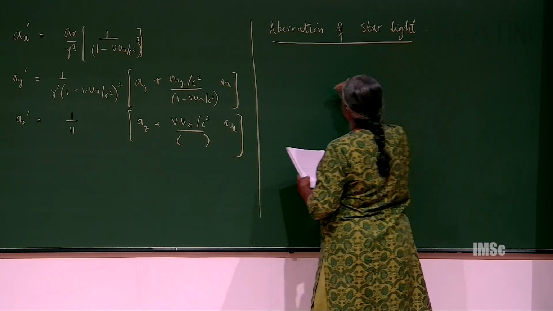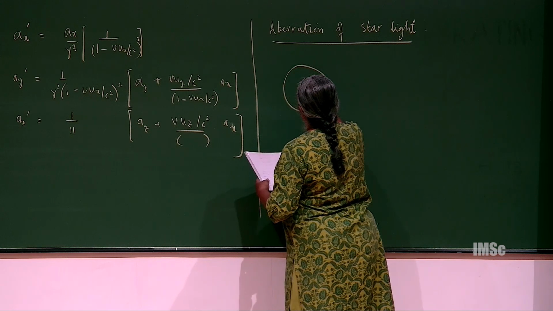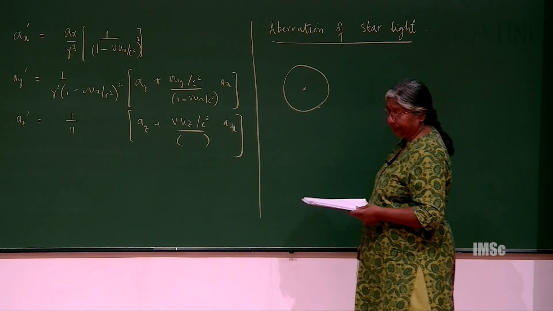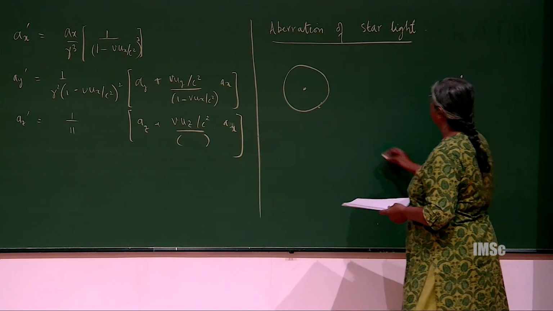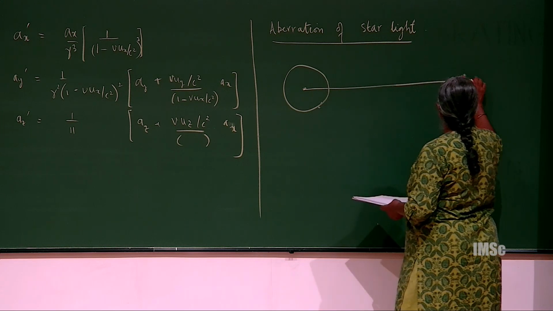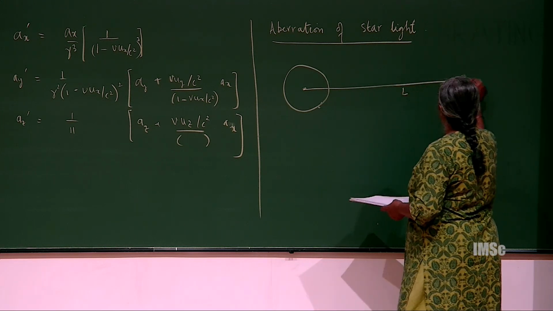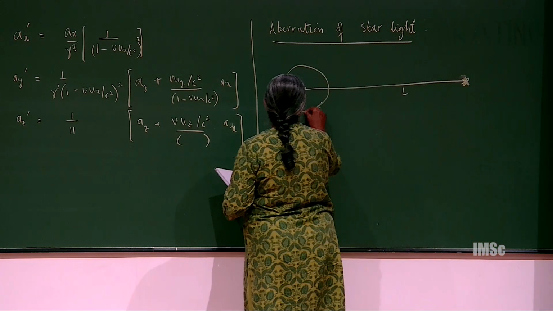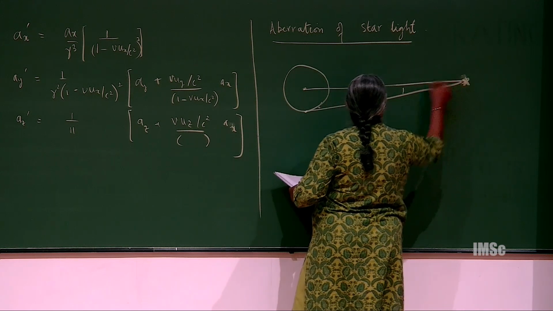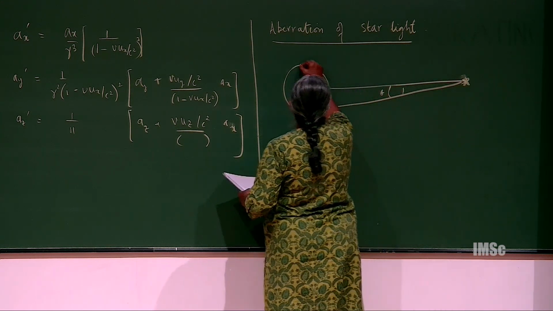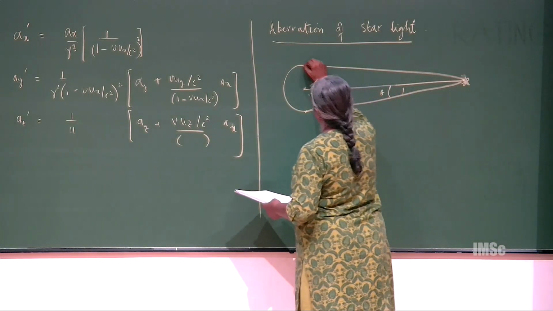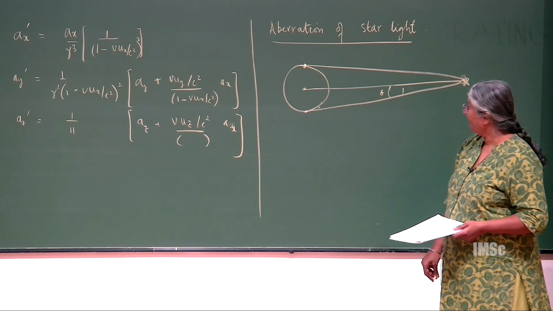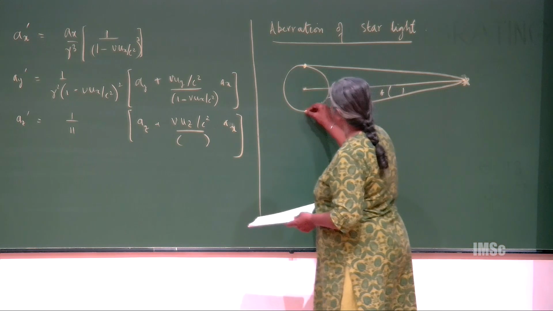So the way to look at it is, this is the sun completely not to scale, and this is the earth going around the sun, and there is a very distant star over here. So let's say that the star is some distance L away. So this is my star, okay. And you can see that when the earth is here, let's call this theta, and when the earth is here, so in spring and autumn as you can see, okay,